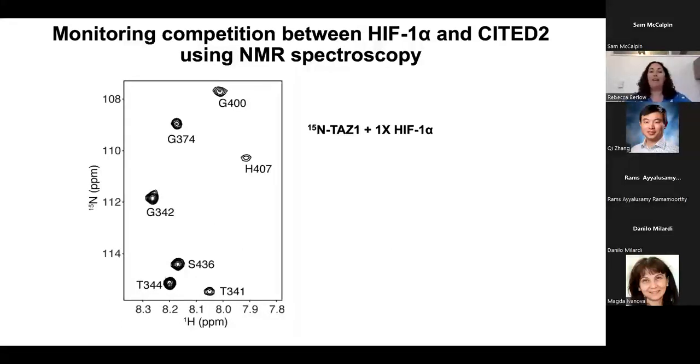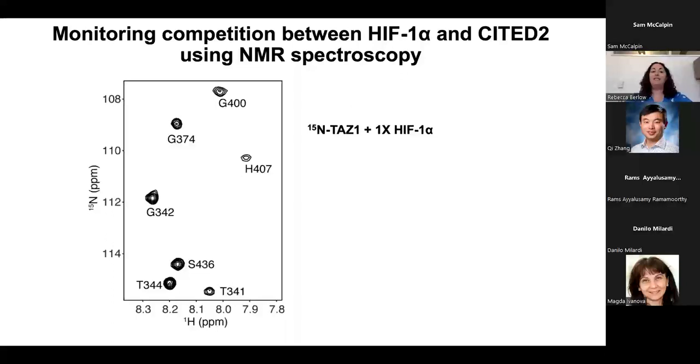So here I'm showing you a selected region of the HSQC spectrum for N15 labeled TAZ1, where each of these resonances corresponds to an amide backbone peak or region in the protein primary structure. And I've labeled the amino acids giving rise to these signals in this diagram. And simply what we were trying to do in this experiment was we wanted to be able to identify which residues of TAZ1 interact with HIF1 alpha, which residues of TAZ1 interact with CITED2, and perhaps if there are any residues of TAZ1 that in the presence of a mixture of HIF1 alpha and CITED2 might be sensitive to binding